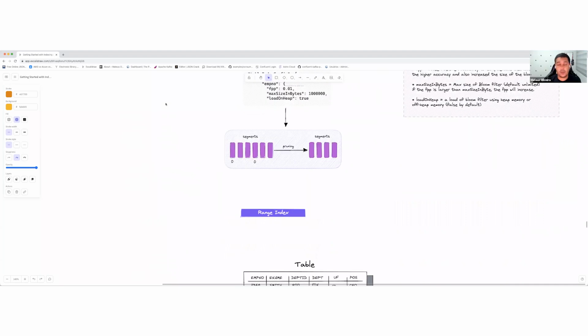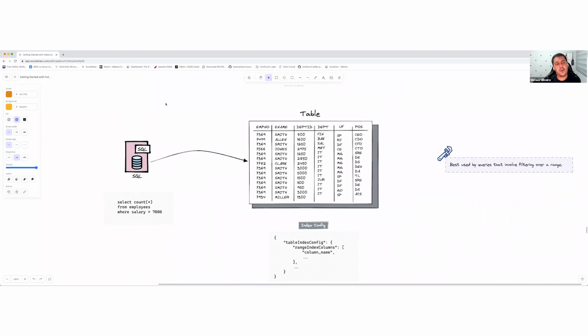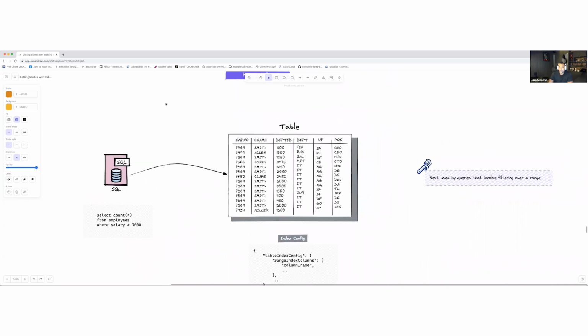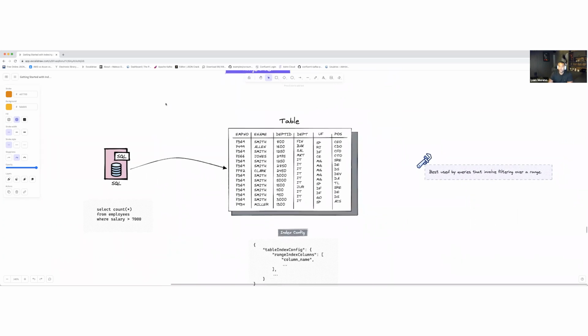Yep. You talk about range? There is range. The most simple one, I think range is pretty straightforward. Let's say you have a query that always comes with a range. I'm not going to use timestamp here, because we do have a specific index for timestamp queries, like if you would like to query for month,